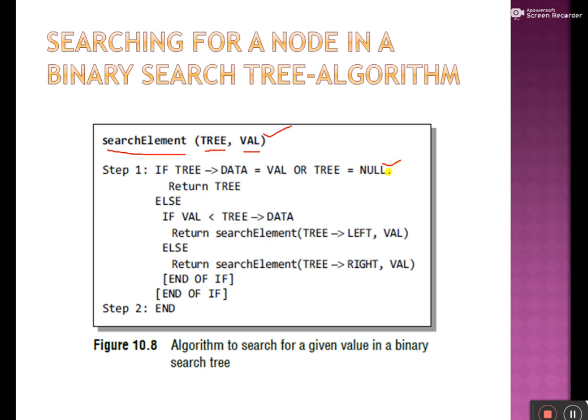Otherwise, if the value stored at the current node is less than val, then the algorithm is recursively called on its right subtree. Else the algorithm is called on its left subtree. So here the value to be searched is less than the current node, that's why the algorithm is called recursively on the left subtree, and if it would have been greater, then the algorithm will be called recursively on the right subtree.